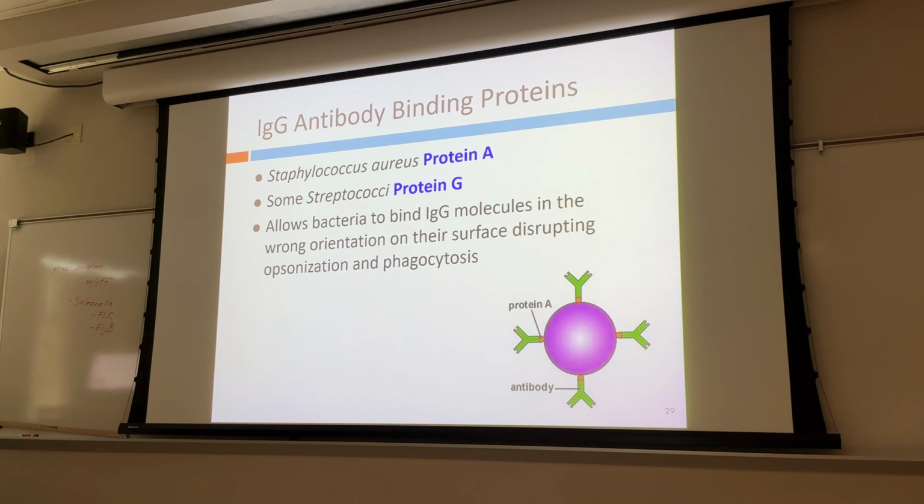We talked about this. Staphylococcus makes protein A, Streptococcus makes protein G, which bind onto the constant region of the antibody so it can't recognize constant region receptors on